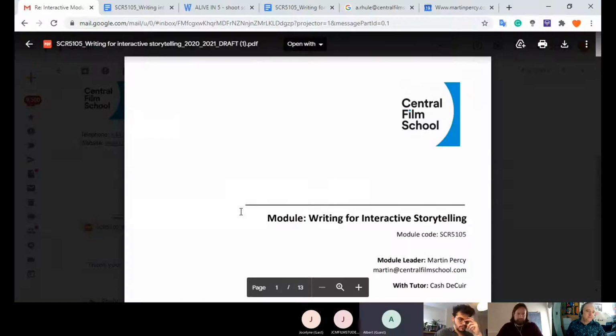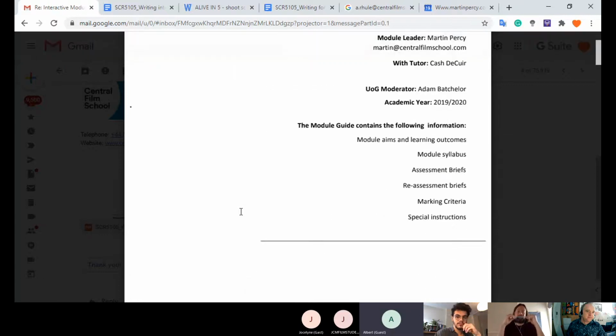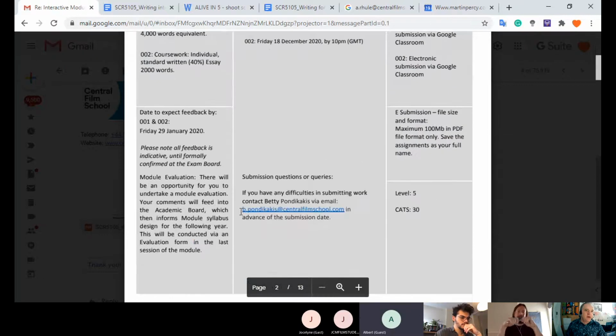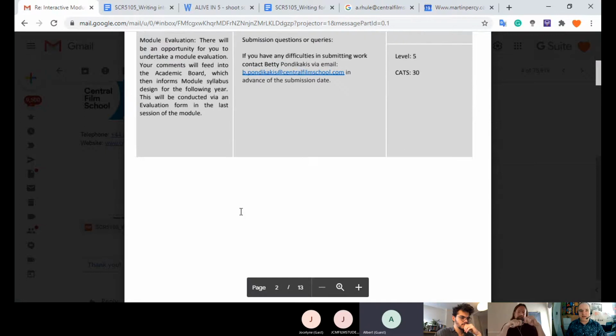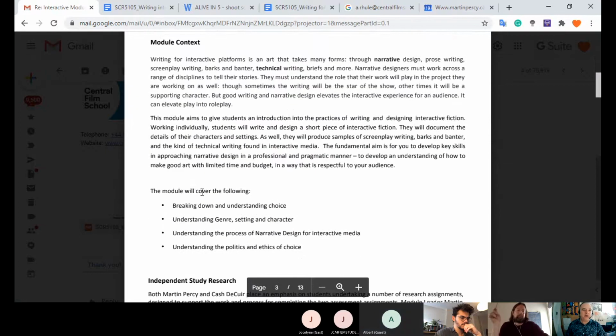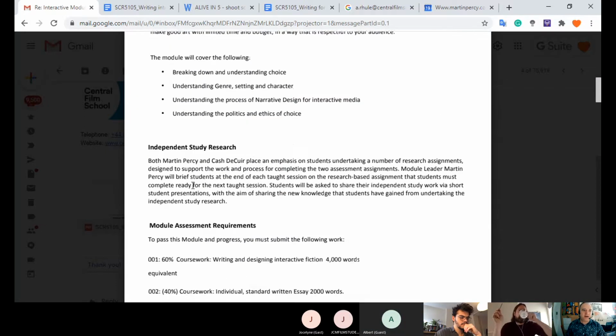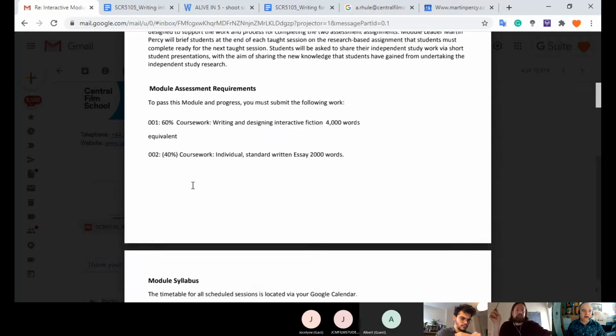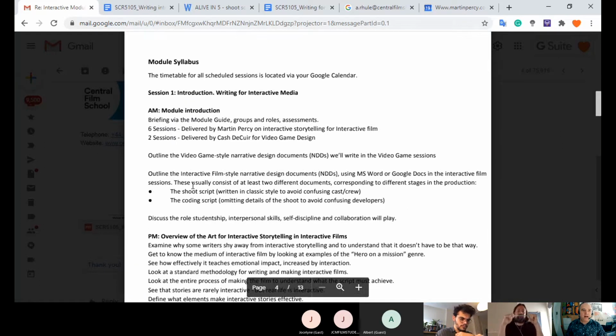Share screen. Could I ask a quick question? Yep, go ahead. So when you're saying interactive film, do you mean stuff like the Black Mirror movie, that type of thing? Broadly speaking, yes. Okay. Bandersnatch. We will be talking about Bandersnatch. But as you'll see, Bandersnatch is the last stop in our journey,